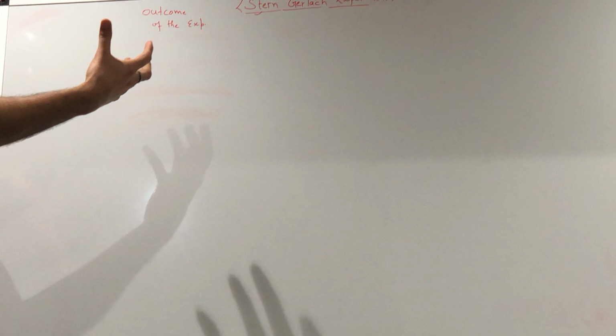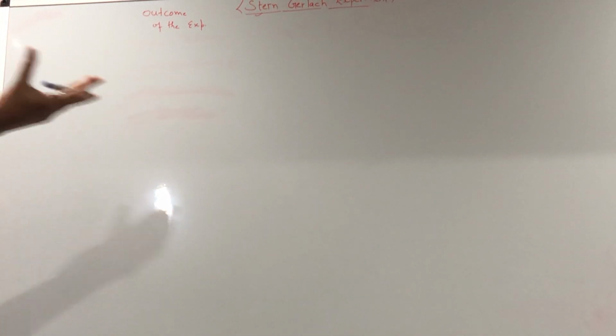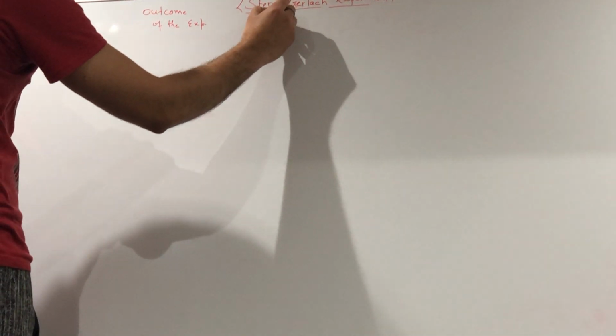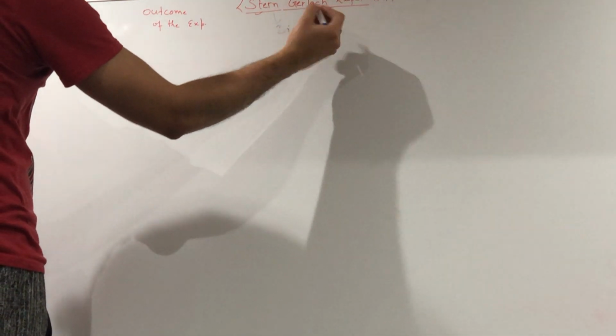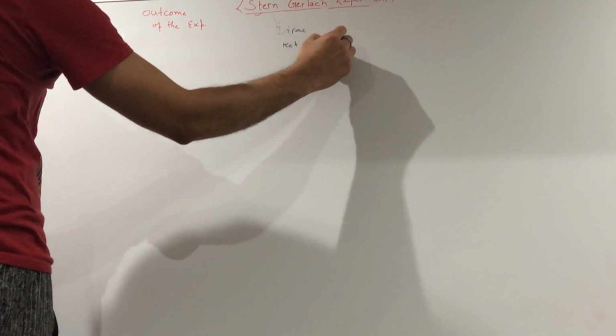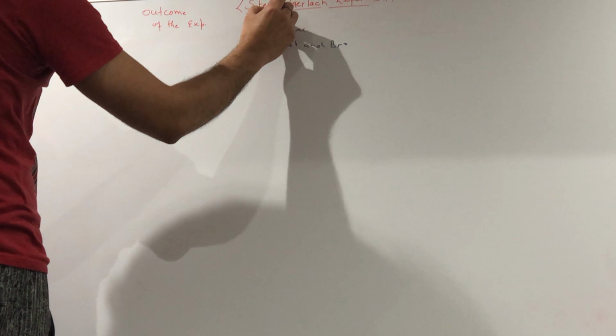I will not go into the deep history, that it was invented by Stern and Gerlach, they performed it all together, both of them. So my main motive is to explain what was the outcome of this experiment, and how I will try to connect it with Dirac's notations, ket and bra. So after explaining it, I will slowly move towards